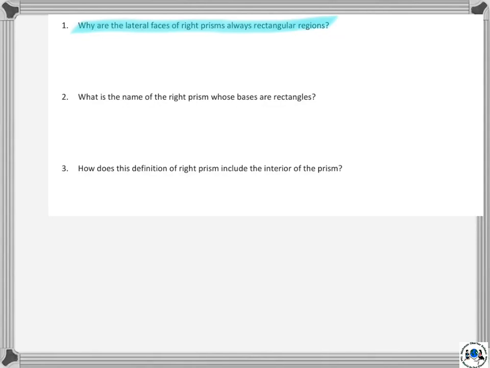Well, if you think about it, let me see if I can actually make this here. I'm trying to make a right triangular prism. Okay, oh wait, hold on a second. Don't like that one. Okay, there we go. So then we're going to have it like that, and then like that. Kind of like that, alright? That's kind of messy, but